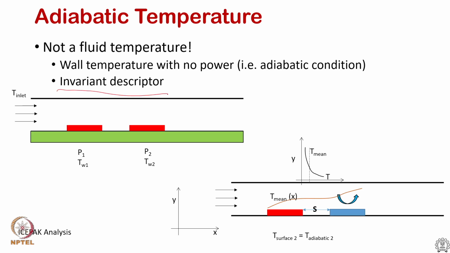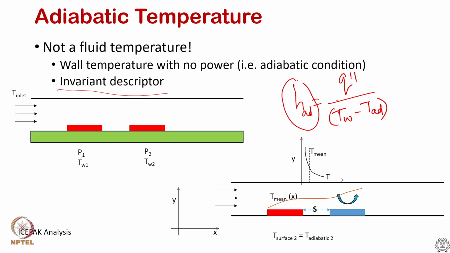and we can show that it is an invariable descriptor in terms of heat transfer coefficient. If we use that as a way to measure heat transfer coefficient, which we will call adiabatic heat transfer coefficient, as T wall minus T adiabatic. This heat transfer coefficient will be called adiabatic heat transfer coefficient if we use adiabatic temperature. And this is the use that we can make of the surface temperature, arbitrarily varying surface temperature profile, because easily we can say that at that point you can turn off the power and measure the temperature at that point, and